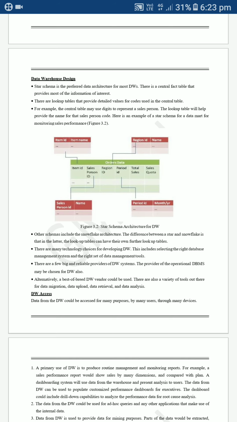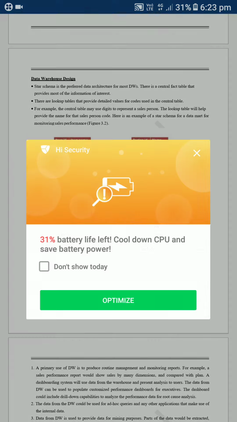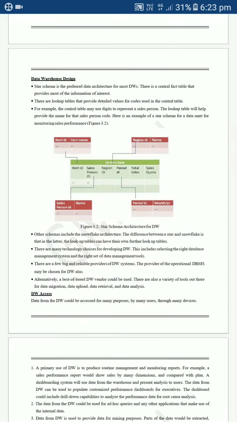So the central table has some digits, also represented in the salespersons and lookup tables. It will provide the salesperson's code. Here I am using the salesperson's code. In this table, the sales has the salesperson's ID as well as the salesperson's name.